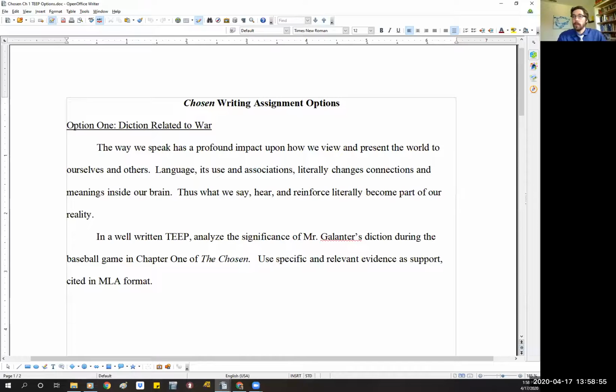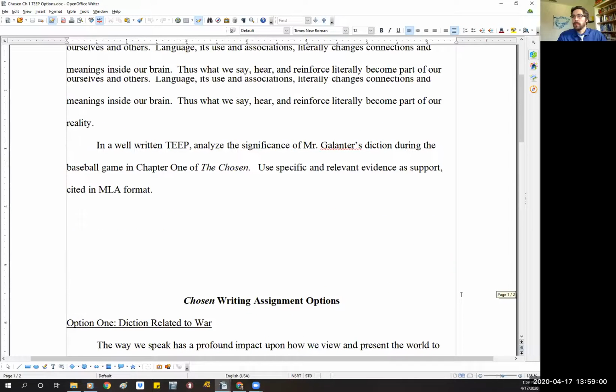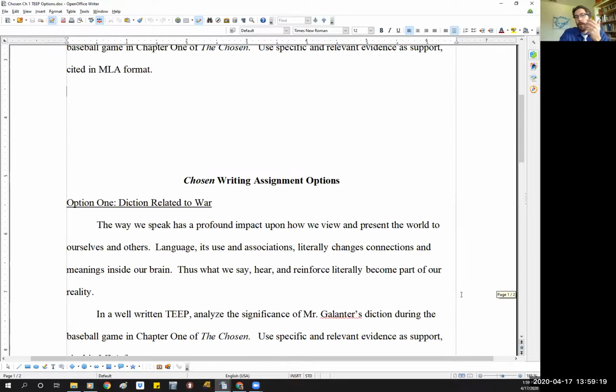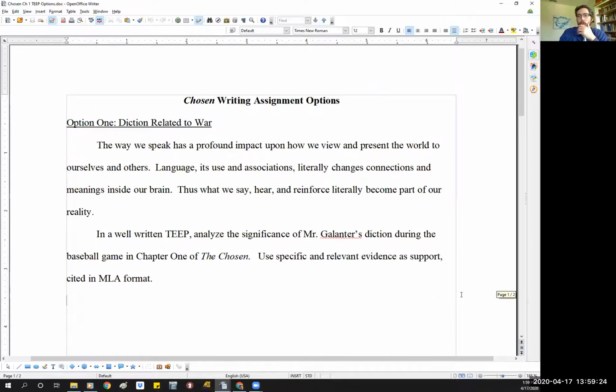So when you see your assignment, you're going to see that you have two options. This one's a little bit different because, again, this is the original. I haven't switched it over to Google Docs. When we did it in the classroom, I had it on half sheets to try to save paper, save the trees, so I'll change the formatting a little bit. Right now you're going to see two different copies of option one. They're exactly the same, so just ignore that as I'm scrolling. Okay, so you have two options.